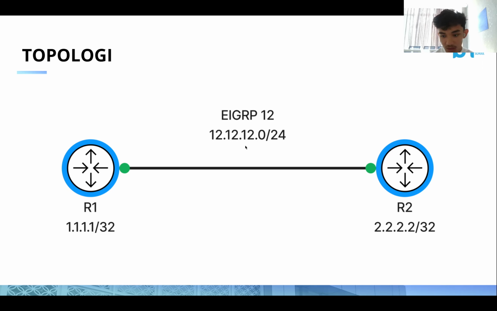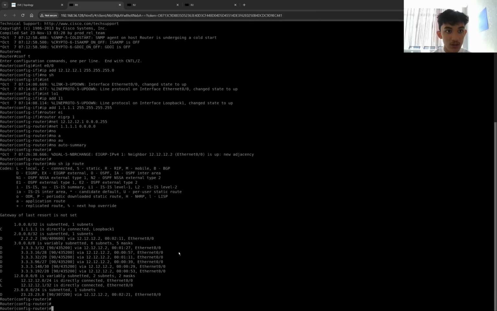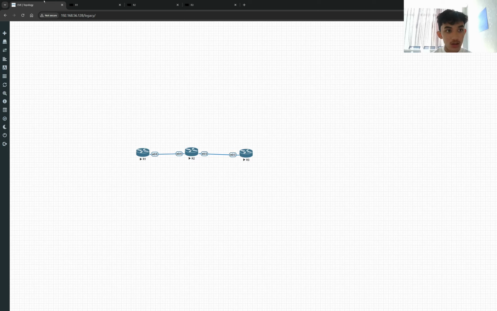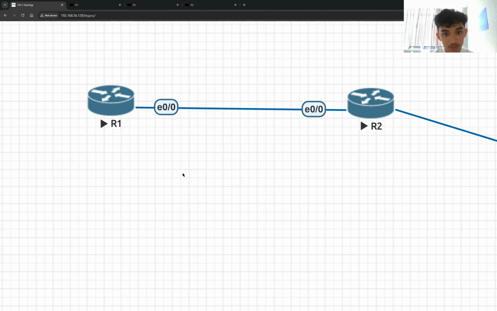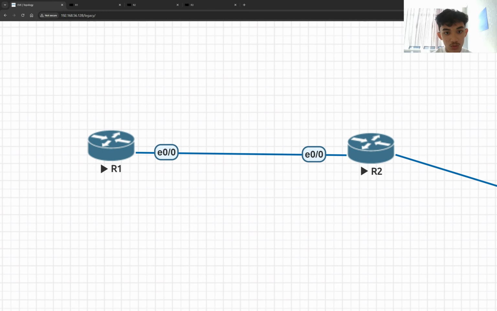For making the time shorter, we will continue to the EVE. In this case we will use three routers, but the ones we will use are just these two, like this.